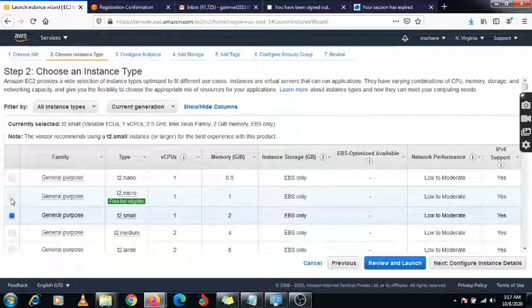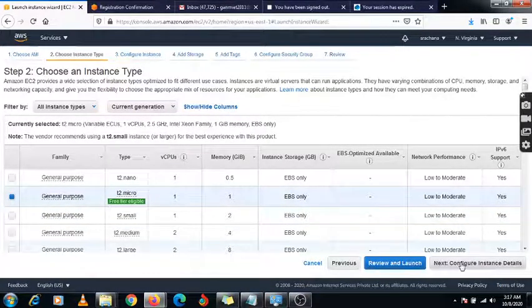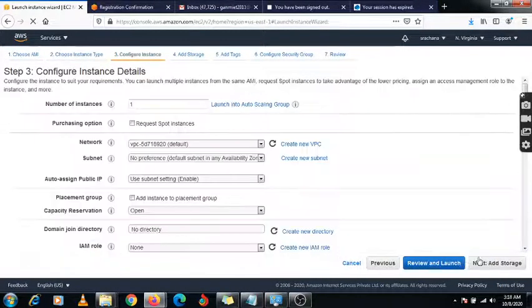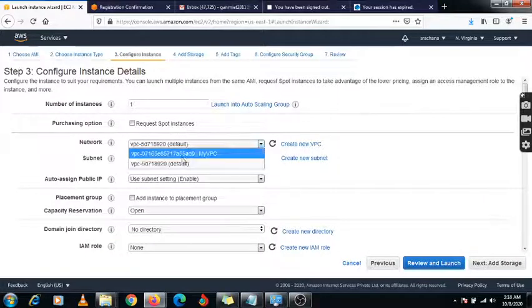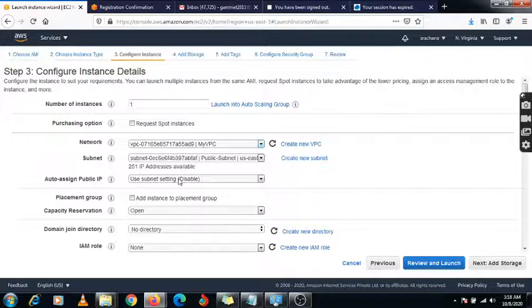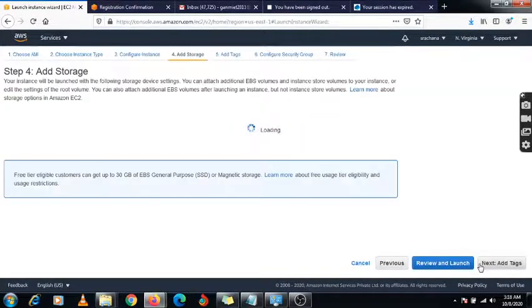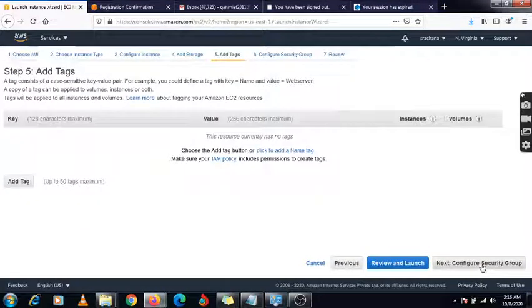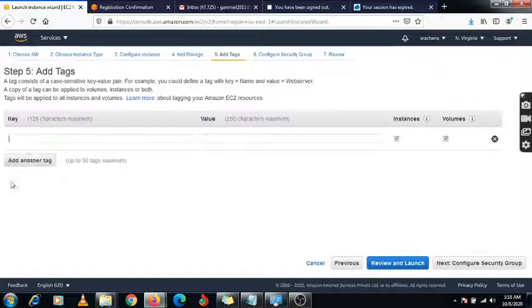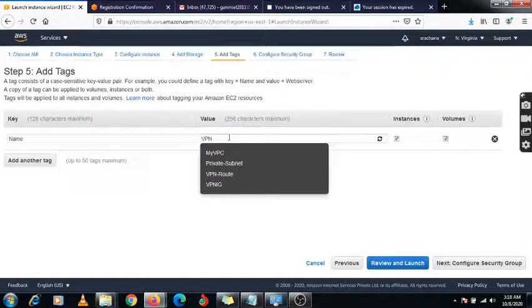Here you need to select free tier T2 micro. Click on next. Here you need to select your VPC and public subnet, and here you need to enable the public IP. Just click on next, next. Here you need to assign a tag with the name VPN server.